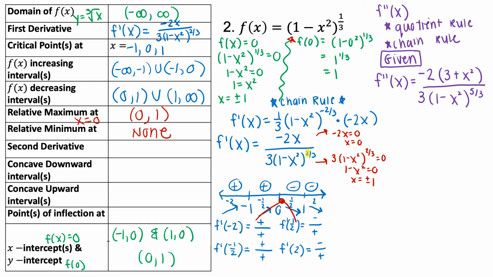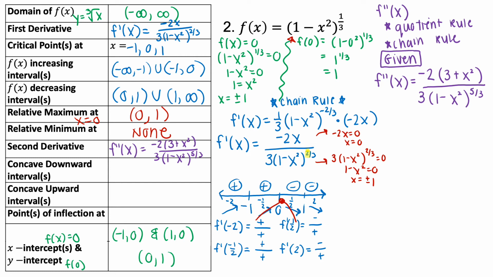If you want your teacher to go through it with you, I'm sure that they would be thrilled to do so. But just note, if it is this complicated and it would need this many rules, it will be given to you. That's not always the case, but when it's this complicated, that is true. So filling into my table, my second derivative, f double prime of x. Box is a little smaller than I thought. Okay, so we were given the second derivative, but we're not quite off the hook because we still need to find